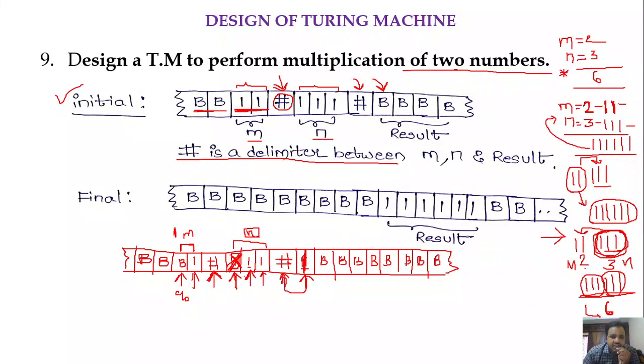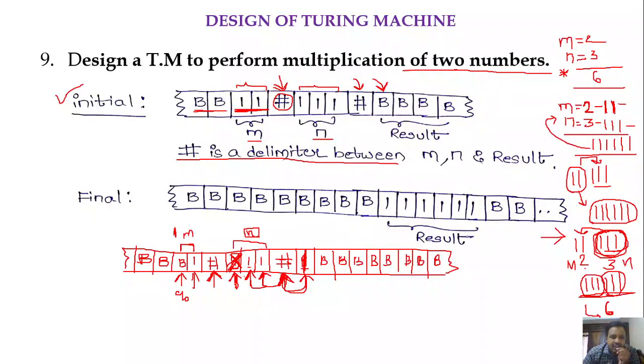Since we have marked the blank with one, we have to copy the next one which is there in n. To do that, we have to move the head towards left. So that's why we started moving the head towards left. When we move the head towards left, we will get hash, keep that hash as it is. Then we get one, keep that one as it is. And then we get one, keep that one as it is. And if you move towards left, you will get x. So after converting blank into one, we have to move the head towards left until we get an x.